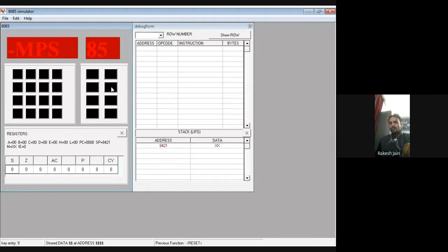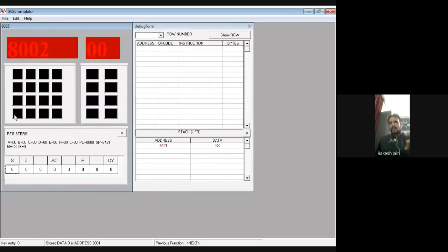Okay, now see what I have to do, because my program is at 8000. From 8000 I have to start. So first of all, click on reset, then click on new memory location, then click on 8000. So now 8000 is the starting address. Now what is the data I have to load on this 8000? The code of MVI. Okay, at 8001 I have to load 00. So 00 itself is there. Then next, at 8001, 06 I have to load. So where is the 0?